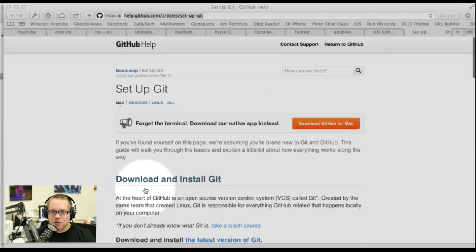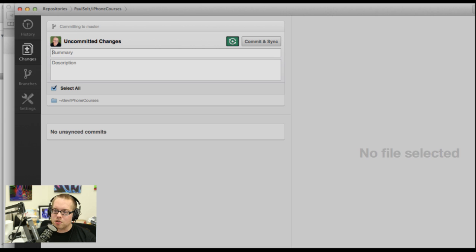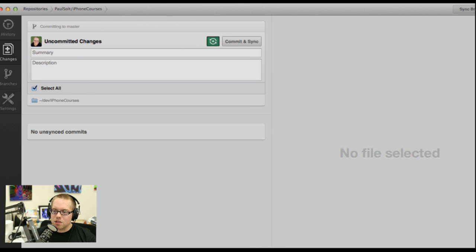There is a tutorial somewhere. And if you use the GitHub for Mac, this is a great download. I use this on my Mac all the time. This lets me track all the changes, and it's way better than using a terminal, and it's better than using just Xcode's built-in features. So when I make changes to a project,